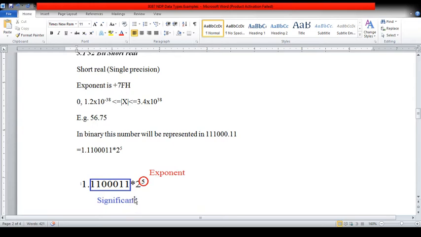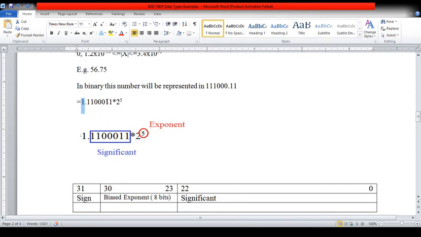In case of the IEEE standard format, this integral part is implied. There is no place or any physical storage for this one. This one is implicitly assumed to exist in the number. There is a provision to store only the significand, and only the exponent. We cannot store this one as part of the physical storage of this number, as this is a mandatory part of the IEEE standard, and this one is always implied in case of a number.